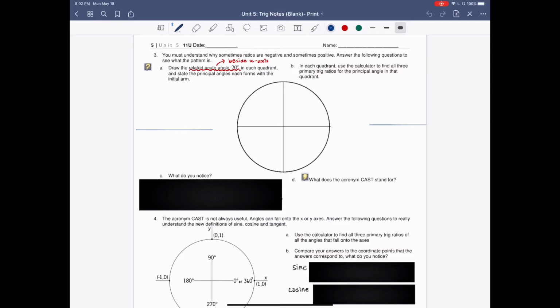It says you must understand why sometimes ratios are negative and sometimes positive. Answer the following questions to see what the pattern is. So draw the related acute angle 20 degrees beside the x-axis in each quadrant and state the principal angles each forms with the initial arm. So what that means is, if for example, I start by drawing this angle as 20